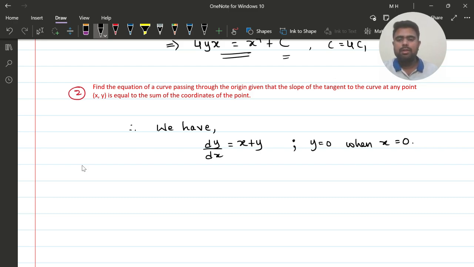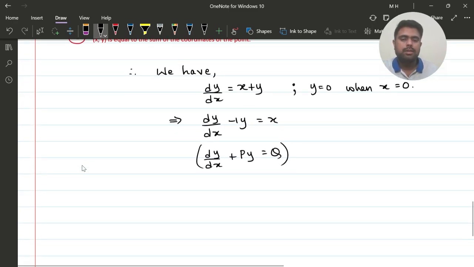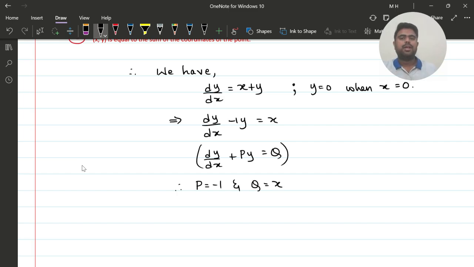First we will have to write it down in the standard form as per step 1. So this implies dy by dx plus py is what I want, so I will write minus y equal to x. If I compare this differential equation with dy by dx plus py equal to q, if there is nothing it will be minus 1 here, so therefore I get p equal to minus 1 and q equal to what? q equal to x. Right,